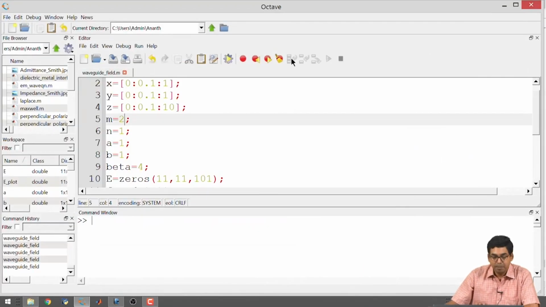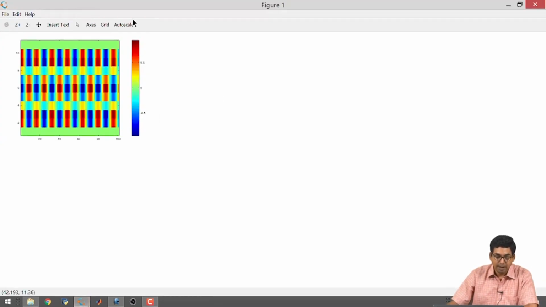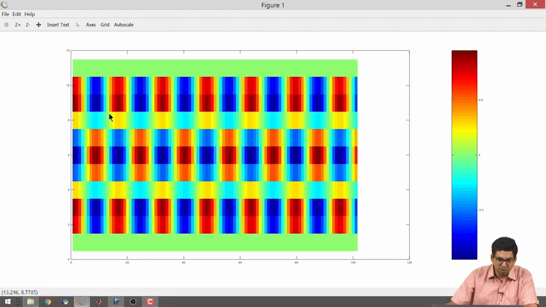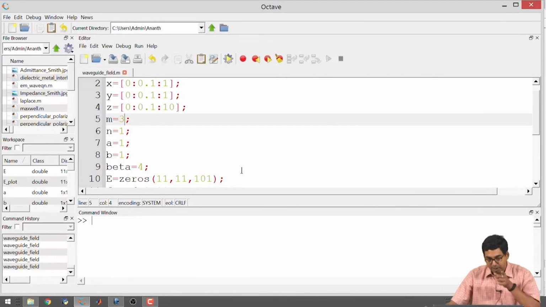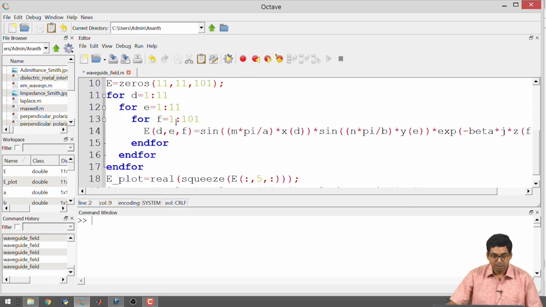So, you can also keep increasing the value of m. So, this is now TM31, all right, and I am plotting the value of the electric field z component, right. Okay, I start getting 3 spots. It starts to look very square and a little bit ugly. That is because of the way you have discretized. If you wanted to fix that, and we are looking in the x direction, so all I can do is I can just make it 0.01, all right, just to get a little bit more resolution and change the sizes of the arrays. For example, I need 101, 101 here,